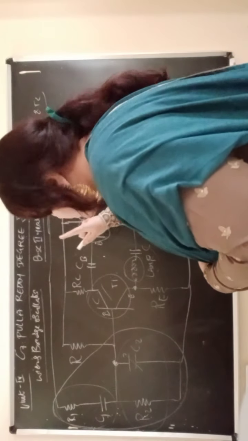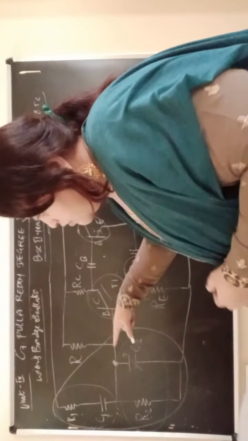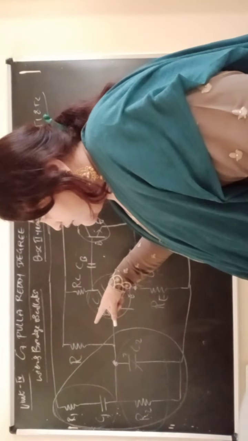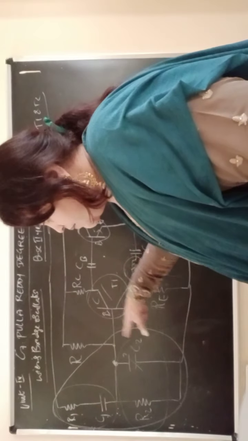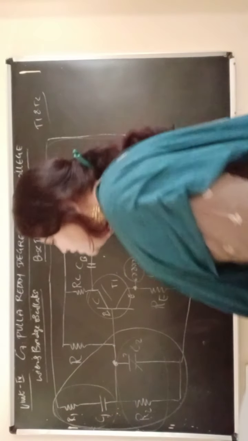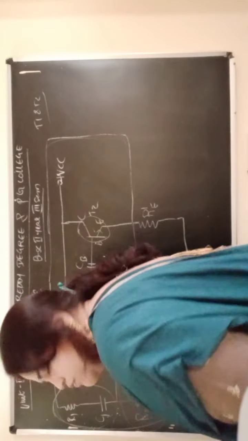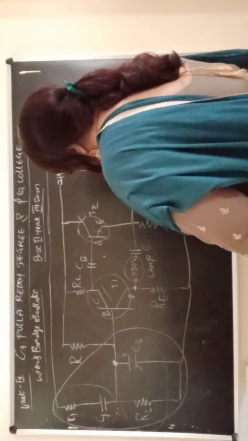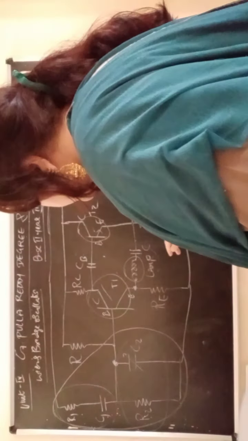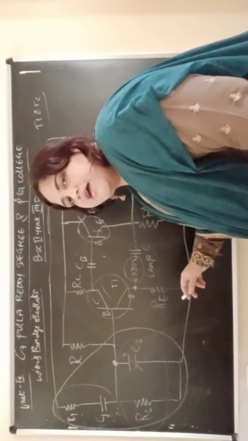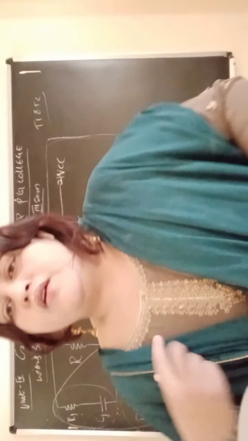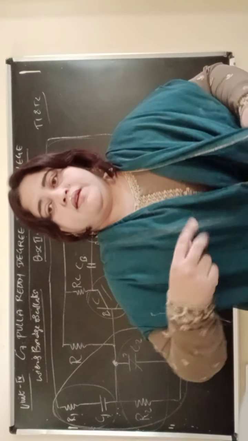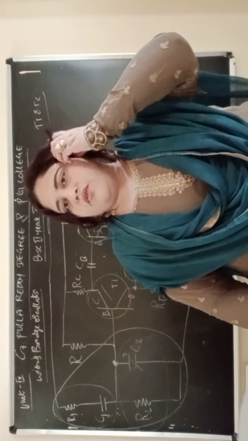Collector resistance. Then the feedback circuit contains a Wien-Bridge network, which has two arms: the upper arm, R1, C1, and the lower arm, R2, C2. This is connected to here. Now this lamp is connected for limiting the amplitude of the waveform. So you have to write this much in your circuit description.